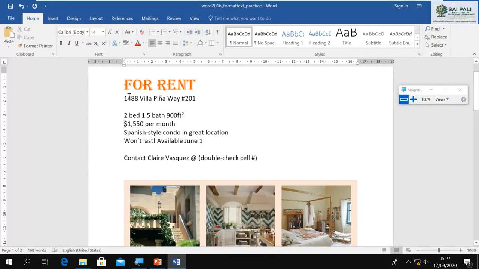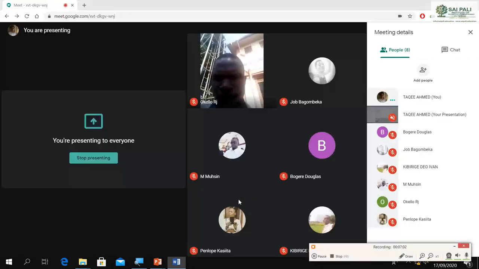You can see this text here, for rent. Now this is by default aligned to the left side. I want to make it centered, because this is my document's headline. So I want to align it to a different side.